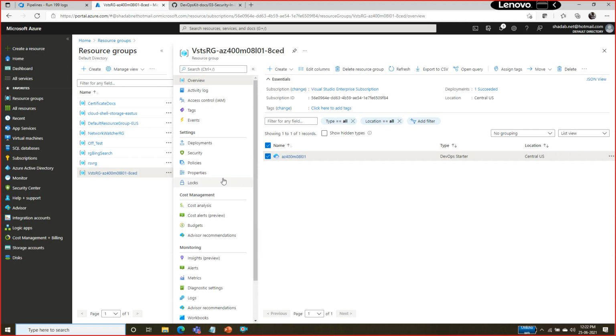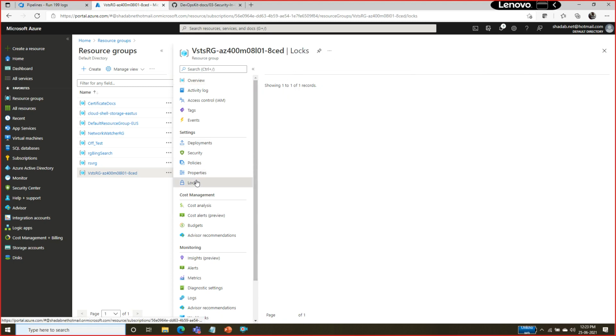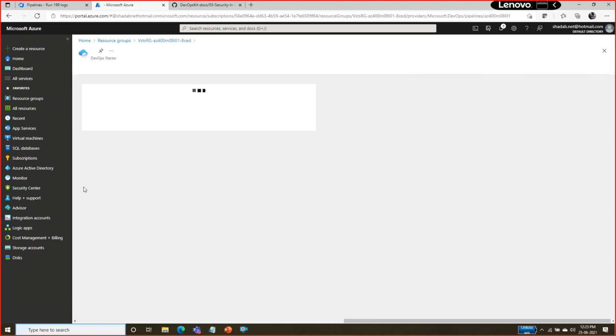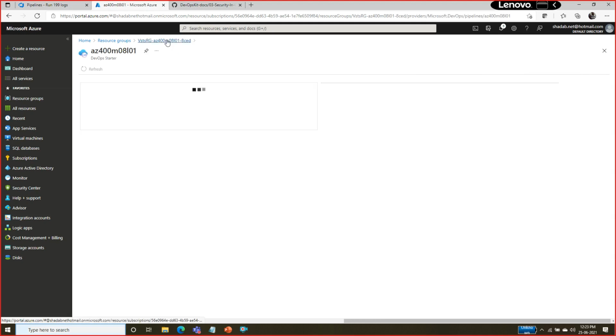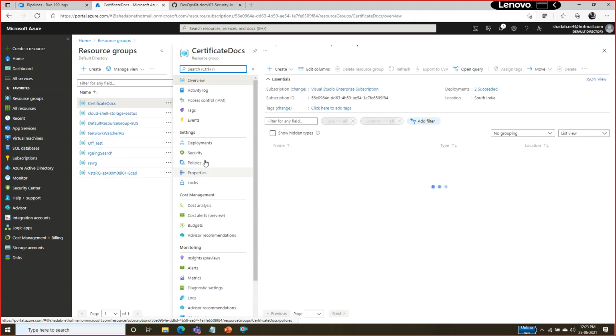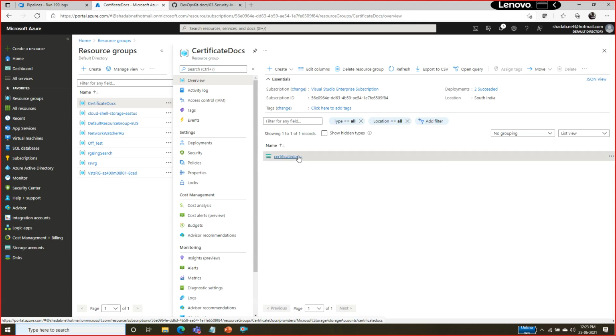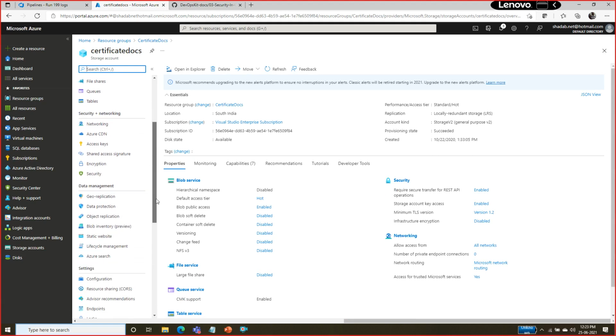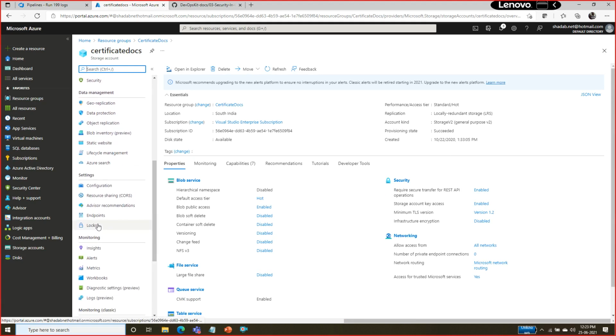But when I want to protect this resource, this is my production resource and I have something critical in this resource group, I can go ahead and set a lock. You can set a lock at the resource group level. I can also go inside the resource and set a lock at the resource level as well. So the resource which is available, I can secure that also. I can show you here as well. You have a lock on the resource group level, and inside the resource you have a lock on the resource level as well.